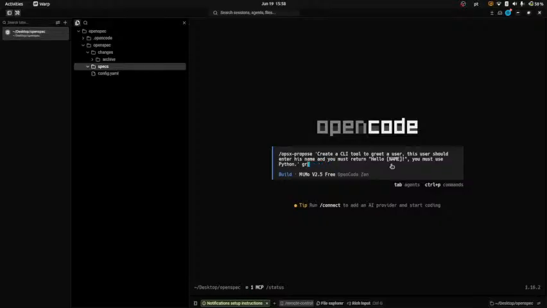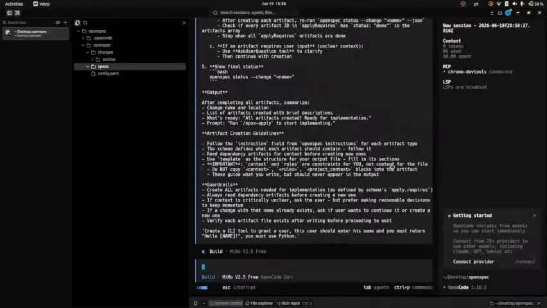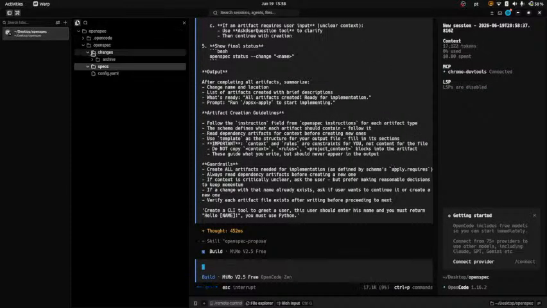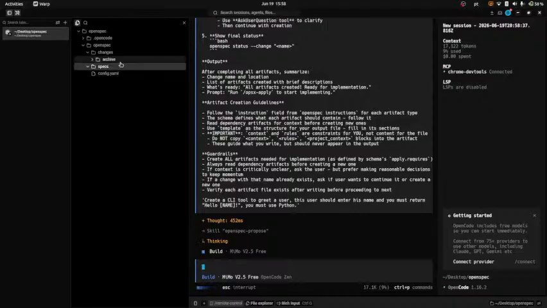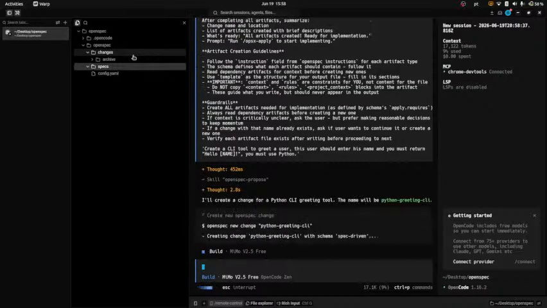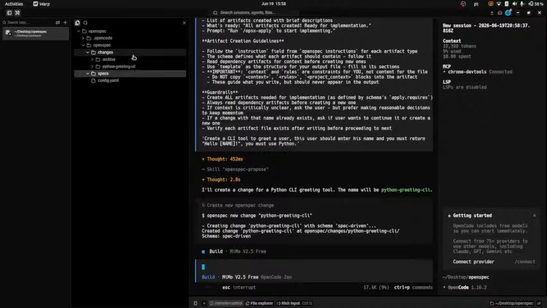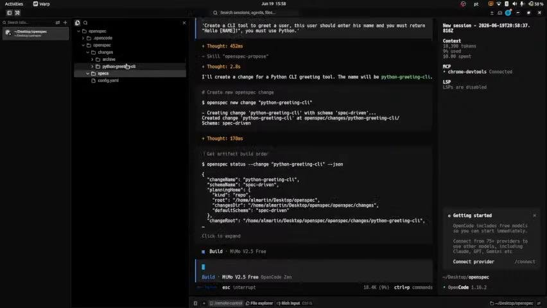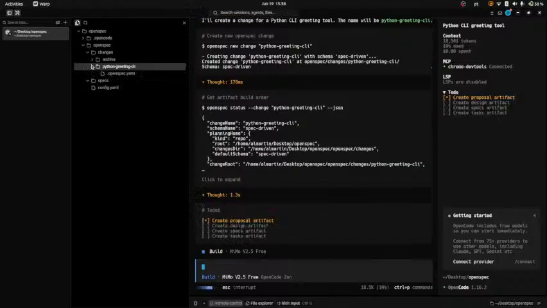But just from my statement, OpenSpec can define the name of my change. So let's go, press enter, and as you can see here in changes, it will start to create the changes. Here it already decided on a name. It's called Python greeting CLI,